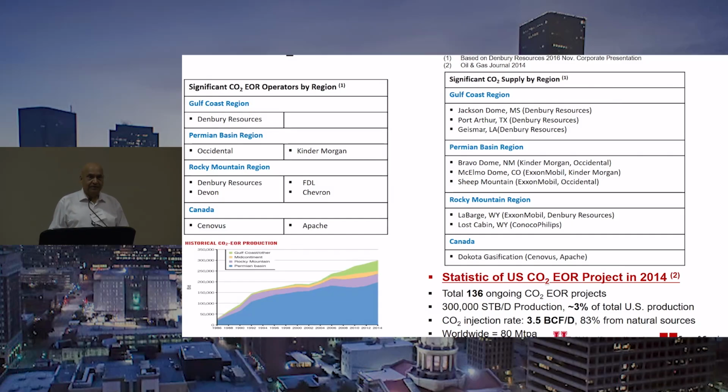And all over the world, 80 million tons per annum of CO2 is getting injected at this point in time in these projects. However, over 80% of the CO2 injected is not anthropogenic. It is CO2 coming in from natural reservoirs. So one of the lowest hanging fruits that we have at this point in time is to make those CO2